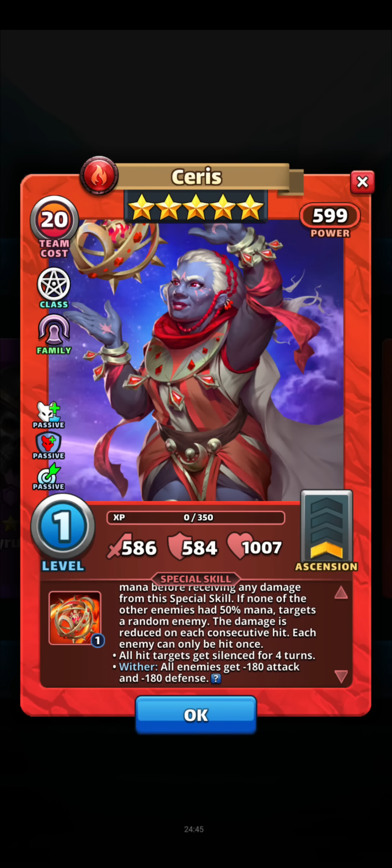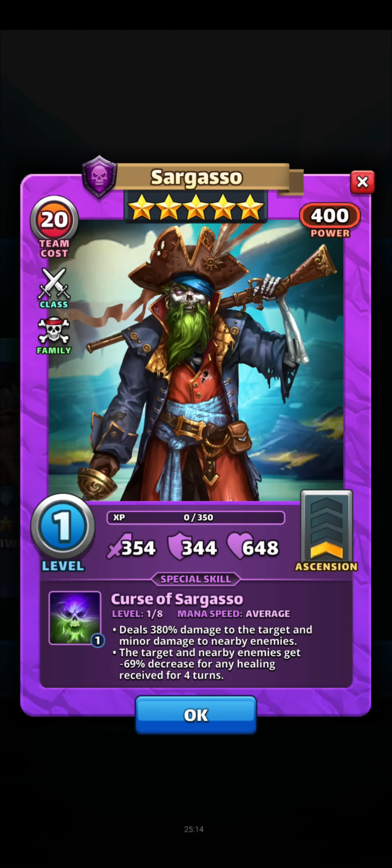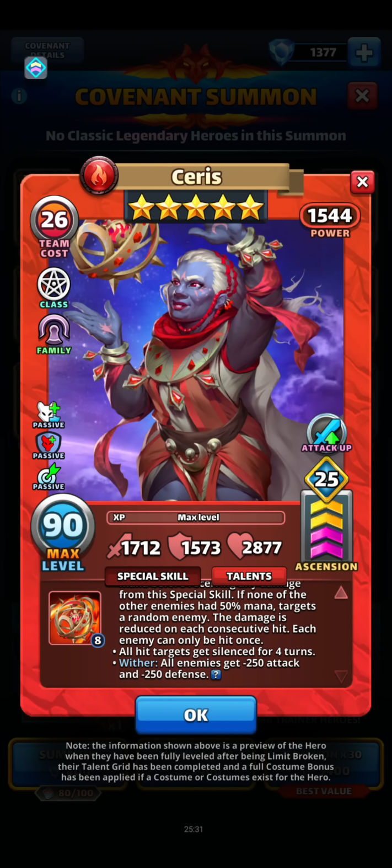The damage is reduced on each consecutive hit. Each enemy can only be hit once. All hit targets get silenced for 4 turns. And then he's also going to wither all enemies by 180 attack and 180 defense, although I believe that's higher after you max him. Let me go take a look at his max preview stats real quick, but I am super excited about pulling Ceres. And then we got Sargasso as well, who's just a very old hero that is definitely not going to get leveled up for me. And Ceres does indeed get everybody down by minus 250 attack and minus 250 defense,